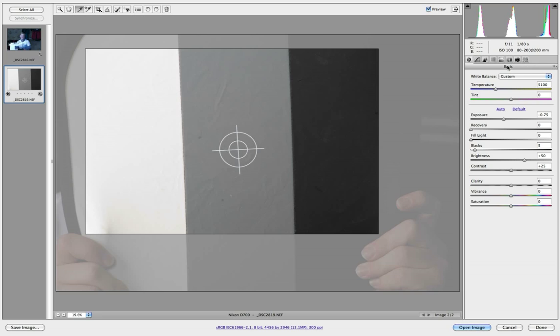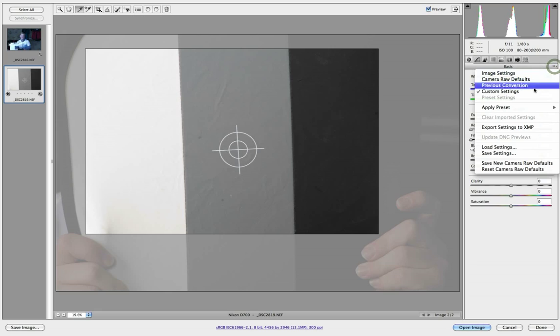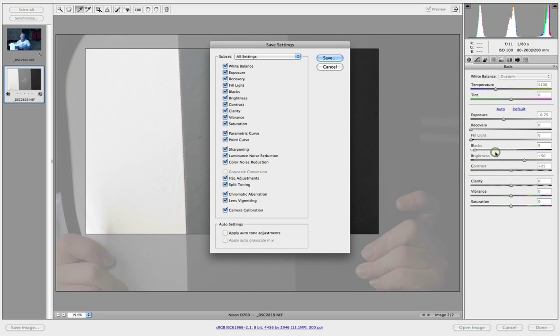Well, you come up here and you see where it says basic. All the way to the right is this little symbol here. You click on that and you come down here and then you go ahead and hit save settings. Leave everything clicked on here. You don't have to change that unless you're doing something like you don't want to correct the blacks, you don't want to correct the brightness. If you uncheck these, all these things over here, if you did any adjustments to it, so forth, you can just go ahead and